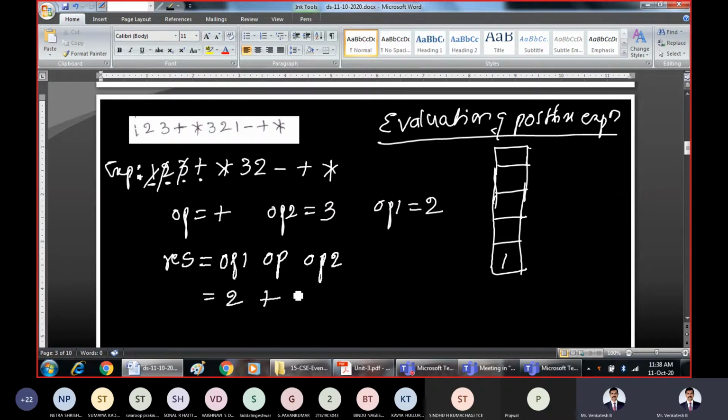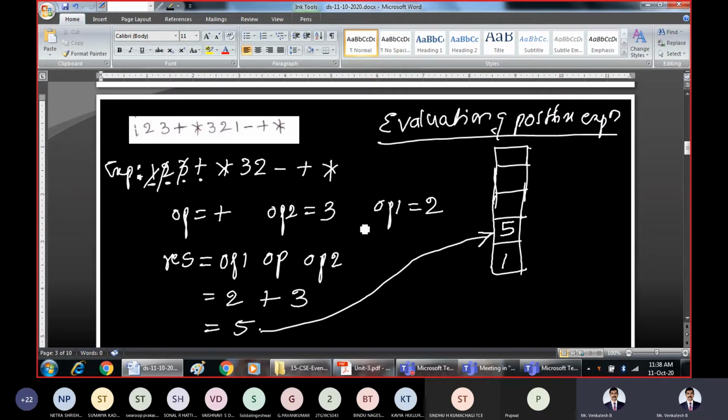What is operand 2? 3. So operand 1 plus operand 2, the result is 5. Take this intermediate result and push it onto the stack. That means it will become the topmost element now. It is a temporary result, because that is not the final result; there are some more symbols in the expression.